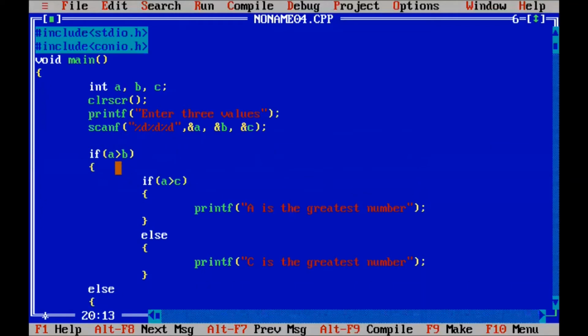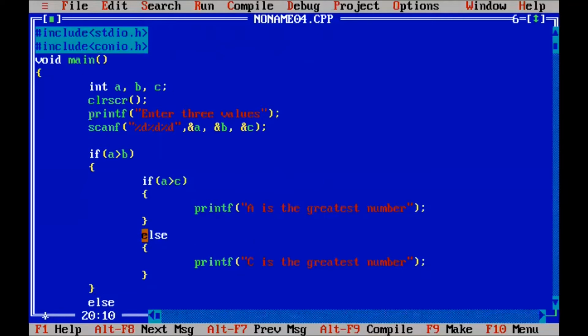Here if A greater than B, here we open again if A greater than C. Open the curly braces. Here is a close. This is the else part, and open and close here. This curly bracket closes, and this part's curly braces should be closed here.